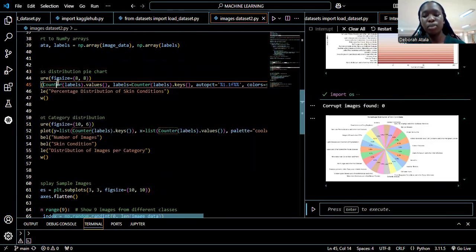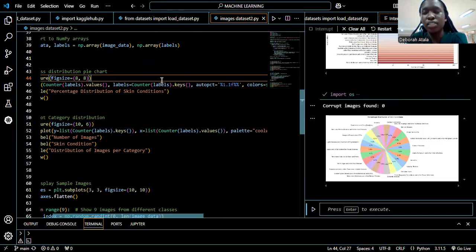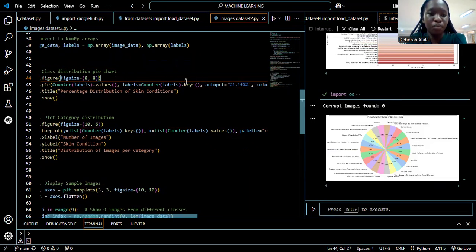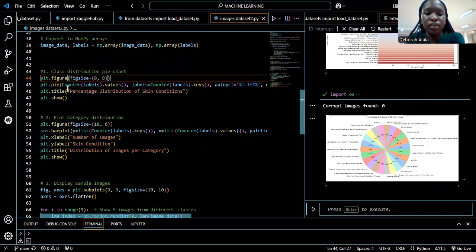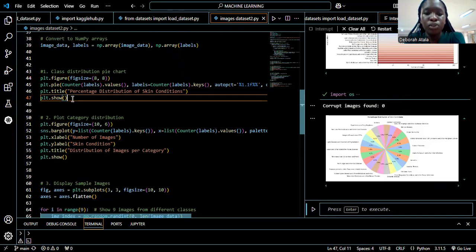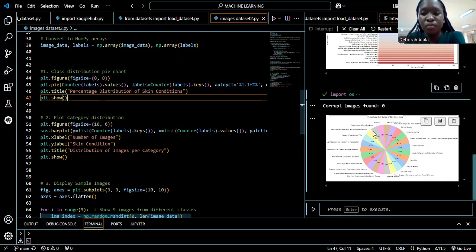The counter is going to help us to count the values in each category, that is, in each class of a disease. And then we are going to set our title to percentage distribution of skin conditions. And then the PLT show is going to visualize, to show us the actual outputs. And so for that,